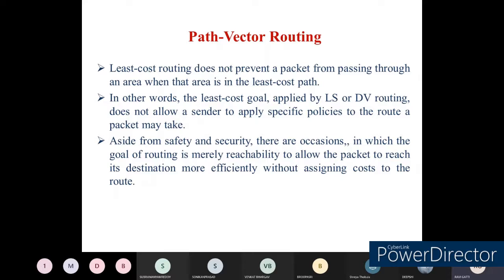But if you are doing your routing algorithm based upon the path only, then some of the security measures or safety measures are violated in the case of the least cost routing algorithm or the distance vector routing algorithm. So those drawbacks have to be minimized, or we need to come up with a new routing algorithm. It is not only the cost that is associated with data transmission from source to destination. There are several other factors we need to consider when we go for data transmission from one node